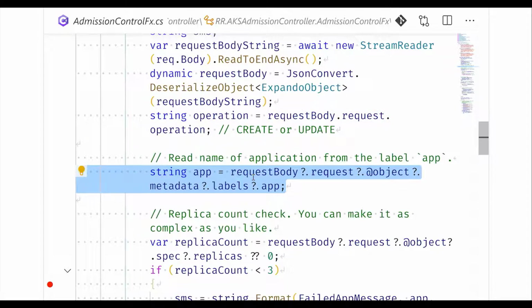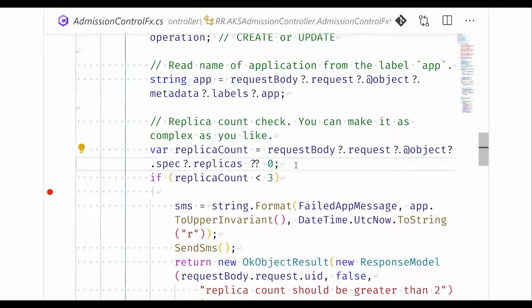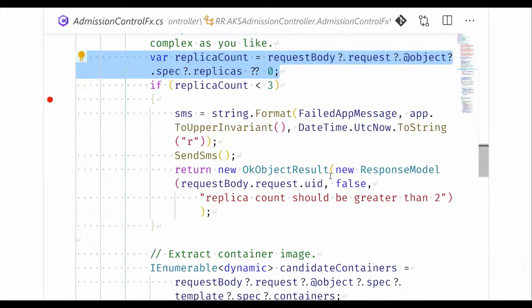Next, it tries to find out the name of the application from the request. A custom business logic that I have implemented is to not allow those applications to get provisioned, that is created or updated, if the number of pods requested for the application is less than 3. So this statement tries to extract the number of pods requested for the application.